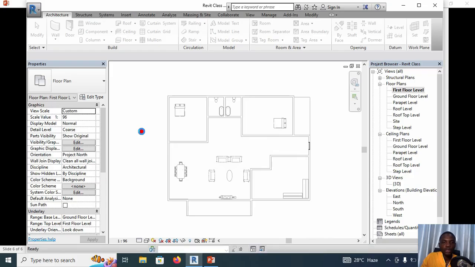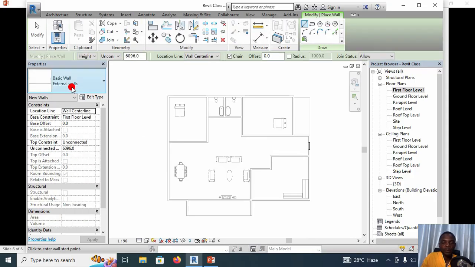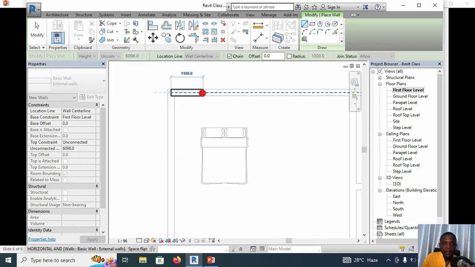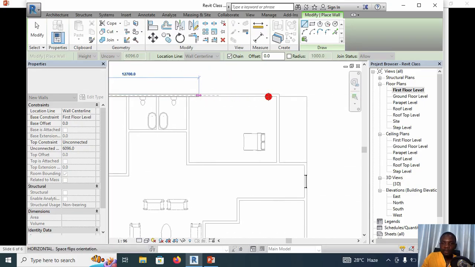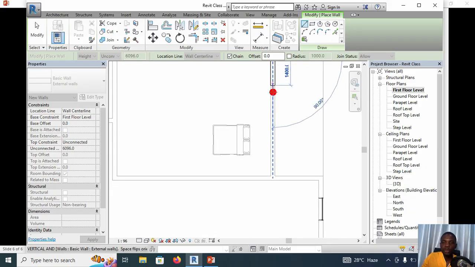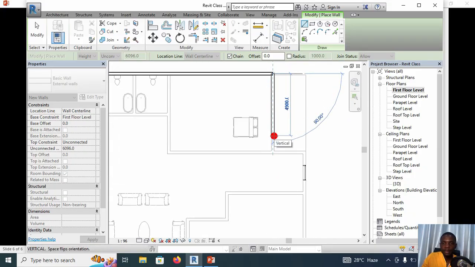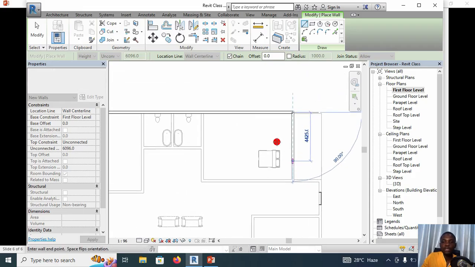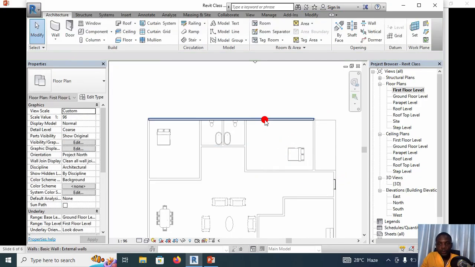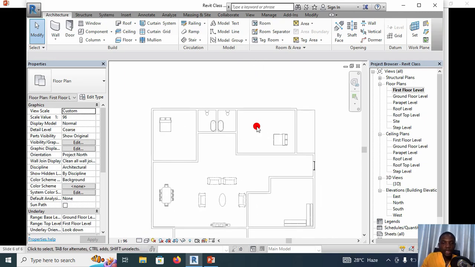So I'm going to go to walls. I'm going to use the same type of wall that I've been using in my ground floor, right? So I am going to have walls, just trace it from the center. Make sure you're starting from the center and you're ending at the center, right? So the wall will perfectly align, right? Or if you don't want to do it that way, I think a better way is to, instead of drawing this wall like this, we can actually